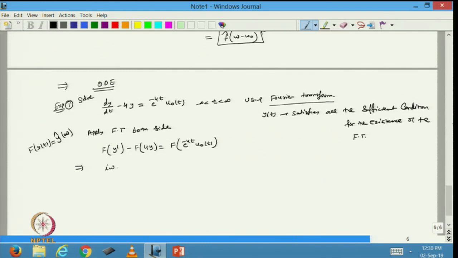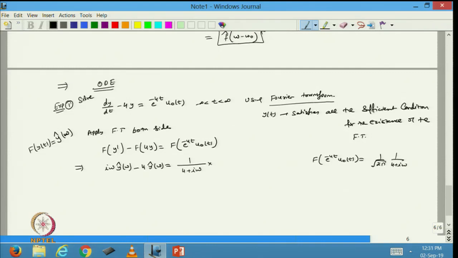So this will be equal to this one minus 4 times, and the right side will be equal to 1 over a, where a is 4, so 4 plus i omega. If you remember, F of e^(-4t) u naught t is 1 over under root 2 pi,